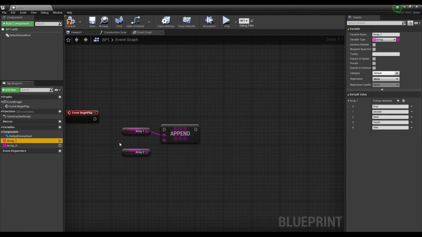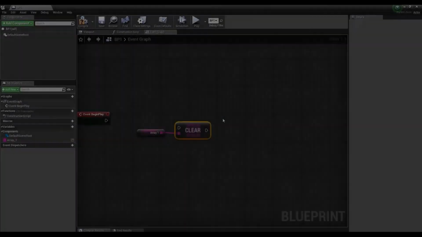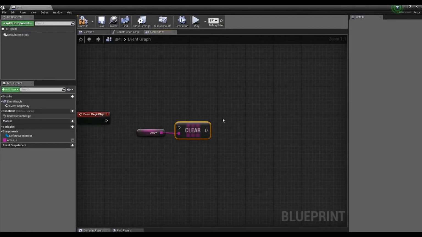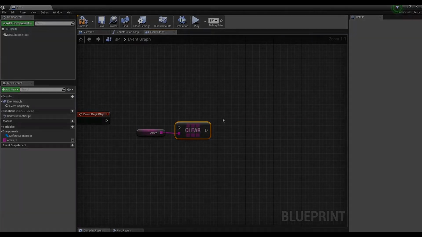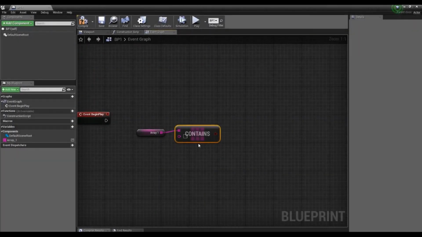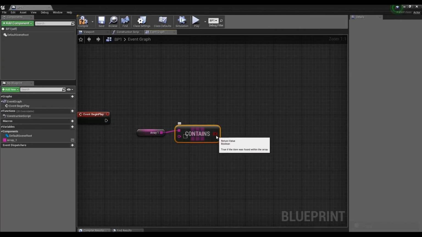It will append array 1 with data from array 0. It's like it will append 2 arrays together. Clear obviously clears the array, i.e. empties its cells. Contents item checks if such data exists in the array, and at the end outputs a boolean